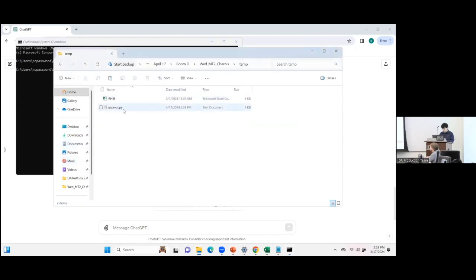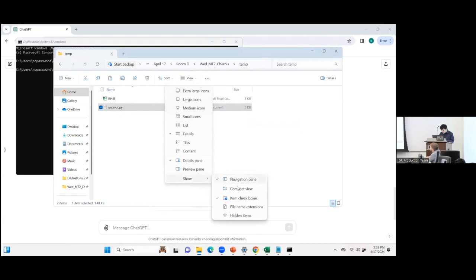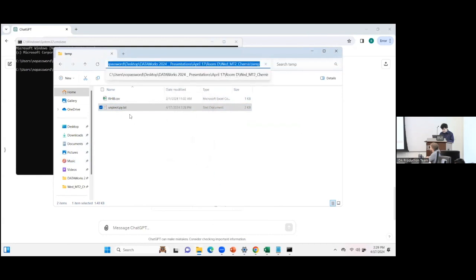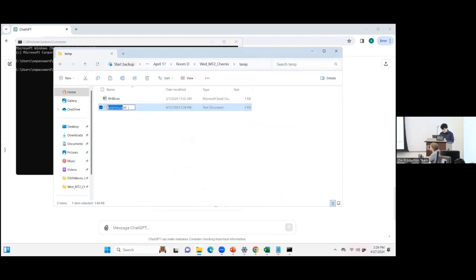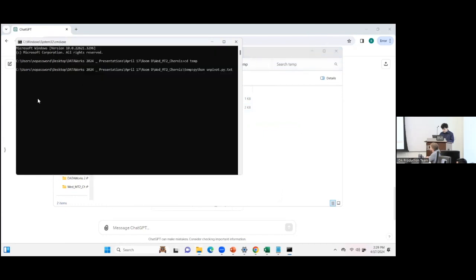Oh, it's hiding the extensions, right? How do I fix that? I think it's view, show, extensions. Okay. Oh, Python's not found. Okay. Yeah, probably. I mean, I don't know if I want to install Python right now, but